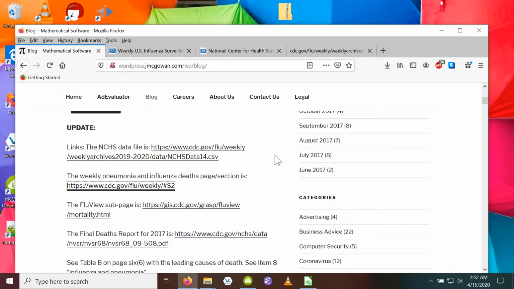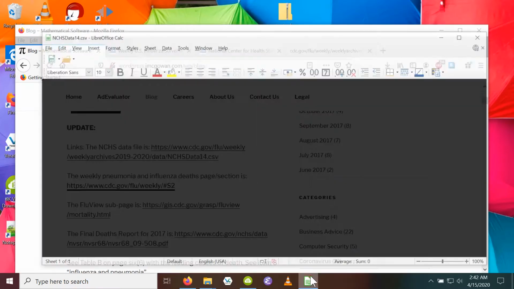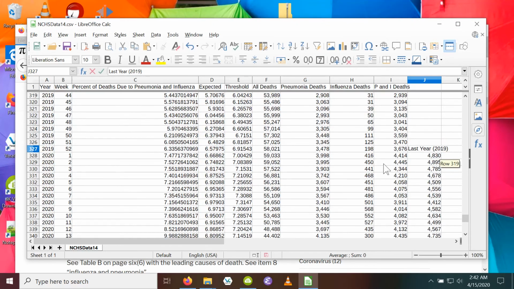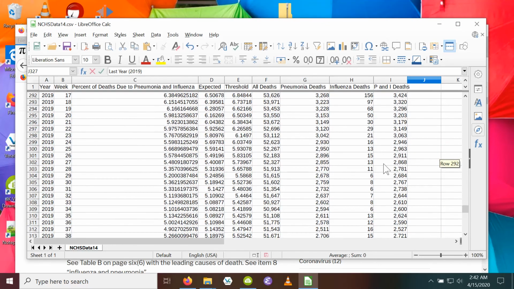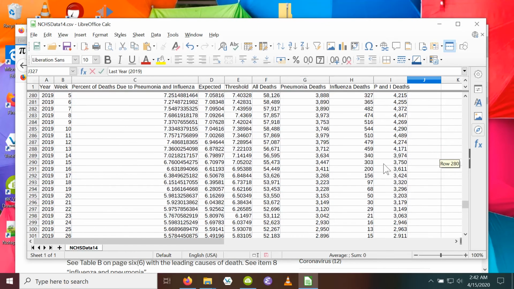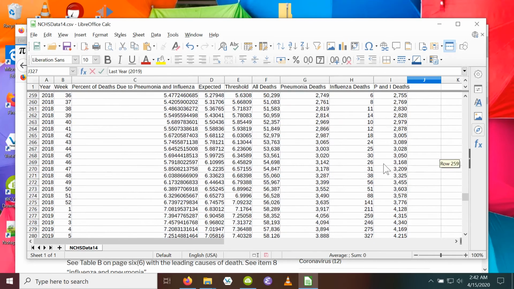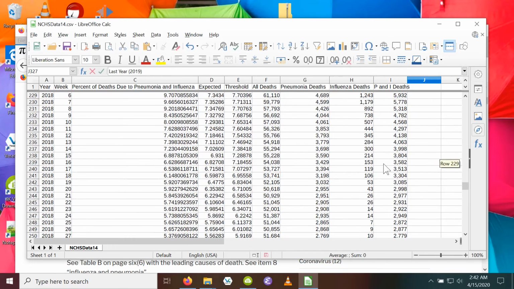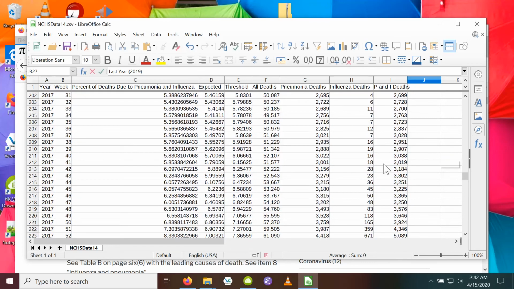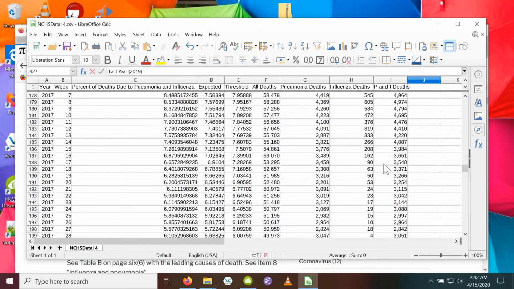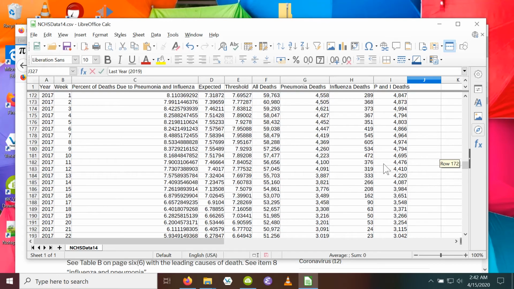Okay, so let's go back here, and we've gone through FluView, and now let's look at, this is the kicker, this is the thing. So actually I should mention this, do this explicitly just to minimize any questions about what's happening here. So let's go back to 2017. That's the last year that we have a final deaths report from the CDC.